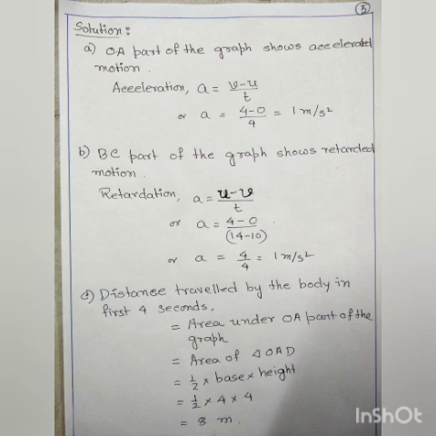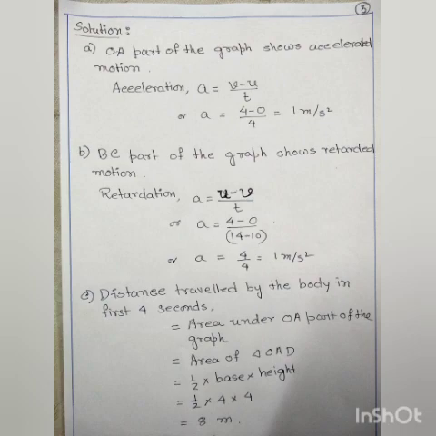And see what is the time here? What is the duration of time actually? Final time is 14 seconds and initial time is 10 seconds. So the time duration will be 14 minus 10, that is 4 seconds. So substitute then, and what we will get? Acceleration equals 1 meter per second square.